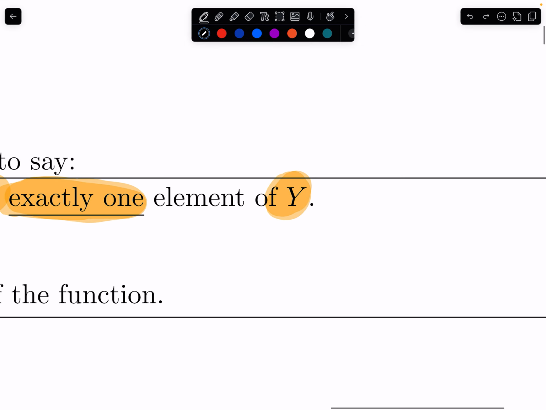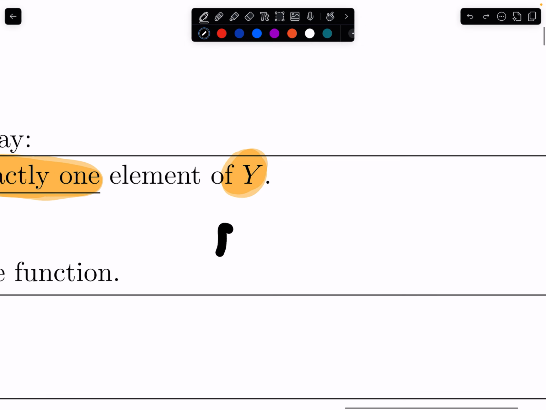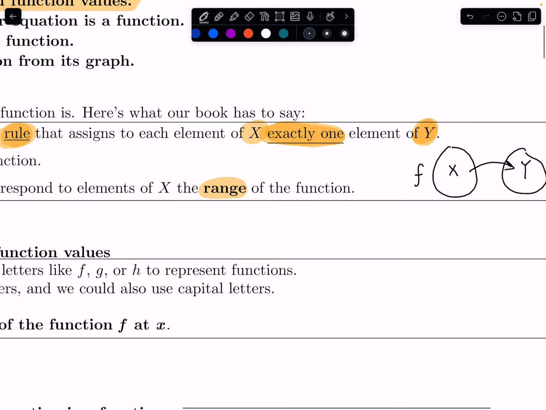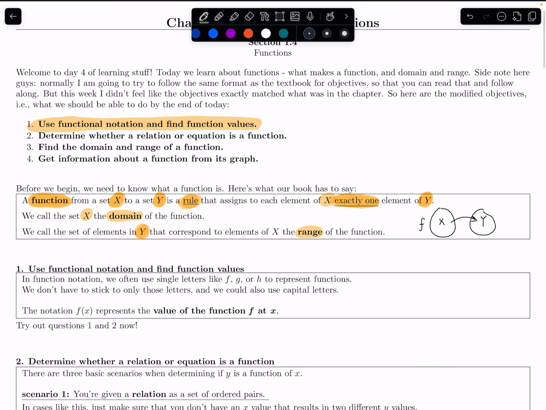So real quick, let me draw you a quick little illustration of what's going on here. We call the function f, right? Oops, it's way too thick. So let's say we have a function f. And what this function does is it takes you from this set, represented by this circle here, the X, to the set Y, right? That's what it does. Okay, let's look at the next part,